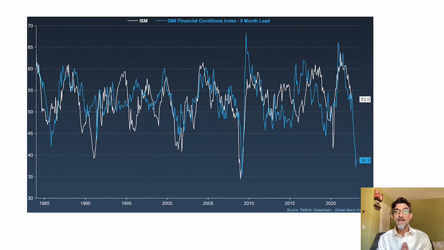But Raoul's point is that financial conditions are so bad that even though the S&P is down 20% from its high, it could still keep declining, as well as all other asset prices. And that includes real estate too, which, remember, is a lagged asset class. So you're not going to see a decline in real estate until maybe 6 months after financial assets.